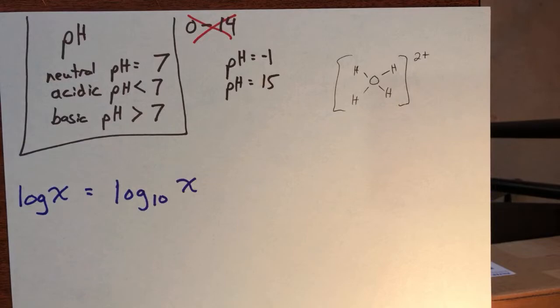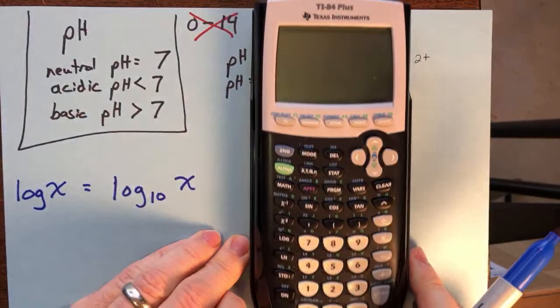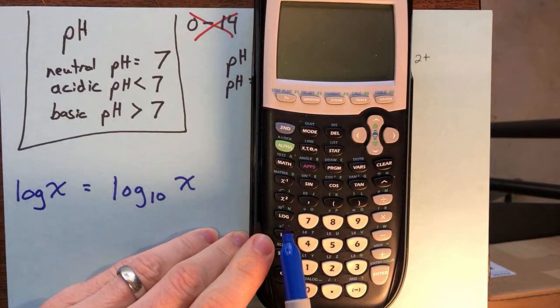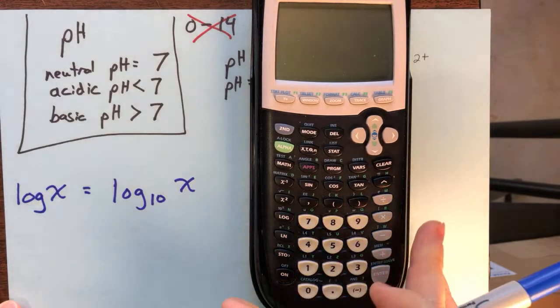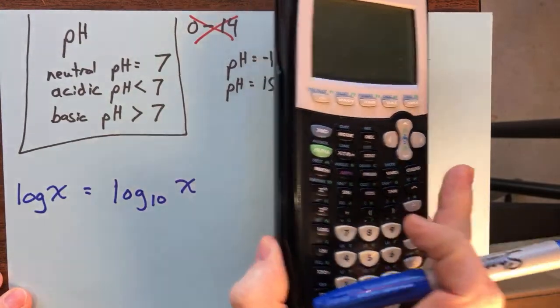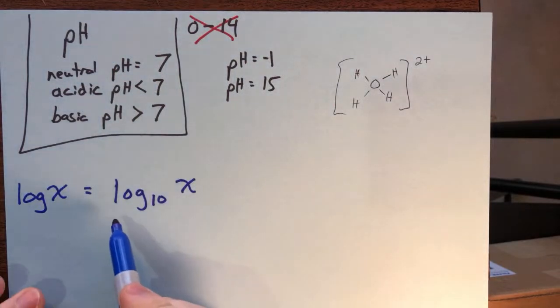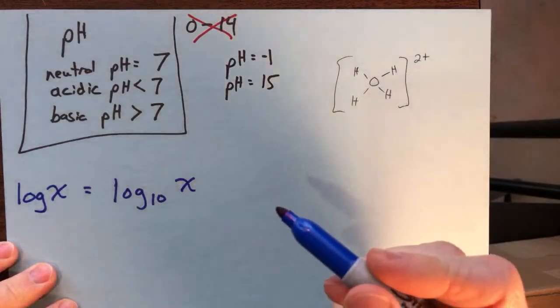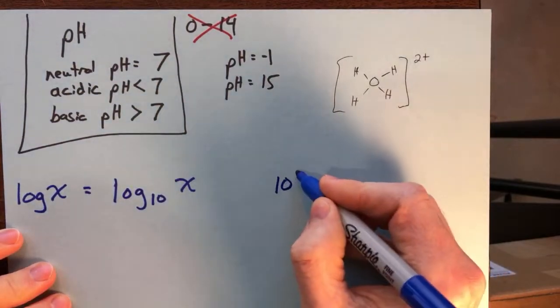And that's exactly what your calculator does. When you look in your calculator and you see the capital L, capital O, capital G, log in your calculator, that is a base 10 log, all right? It's not any old base log, it's a base 10 log, and that's what we're going to be doing. We're going to be doing all base 10 logs. So what in the world does that mean, okay? So log base 10 of something is going to be essentially the inverse of this question, right, of 10 to